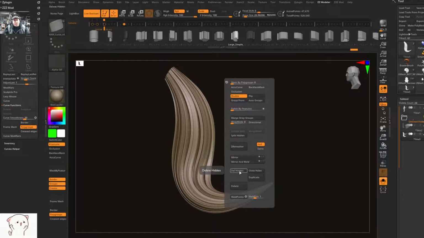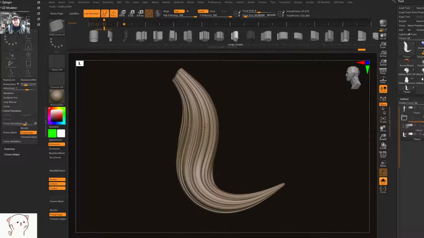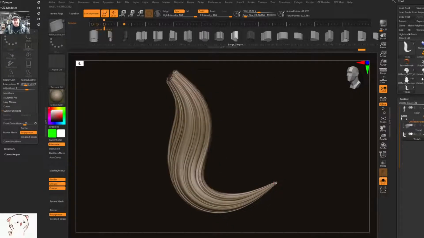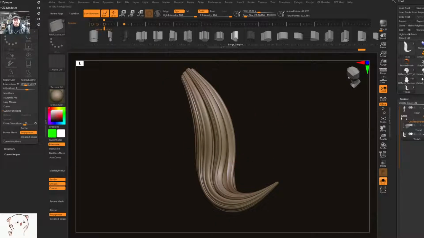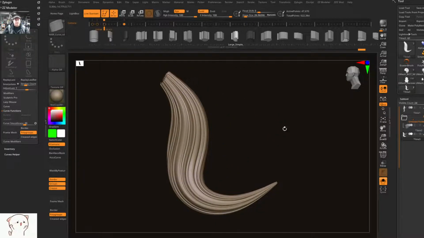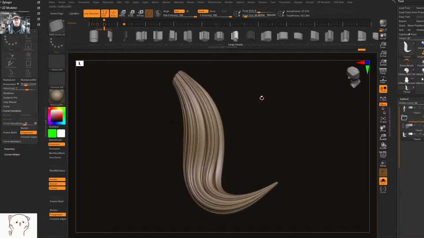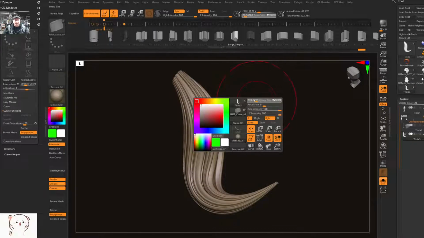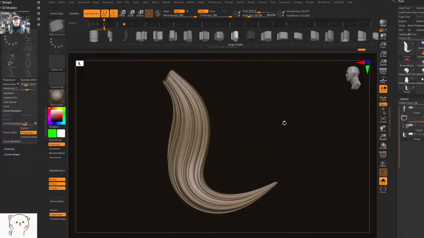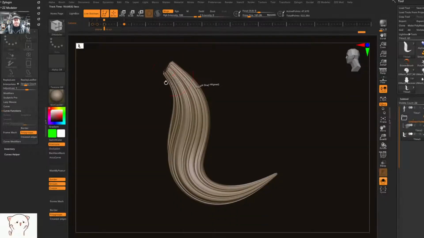We're going to go ahead and run delete hidden, and this isn't done yet. There's 3 brushes that I like to use to modify this and make this look really, really great. Not to mention, I like to use deformers on this. A lot of the times when I'm using deformers, I really love how